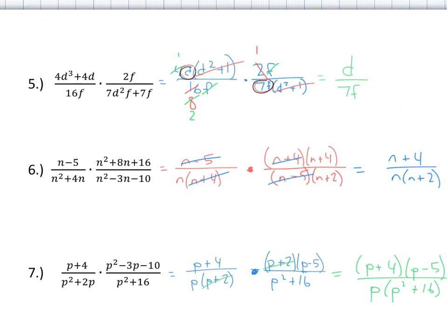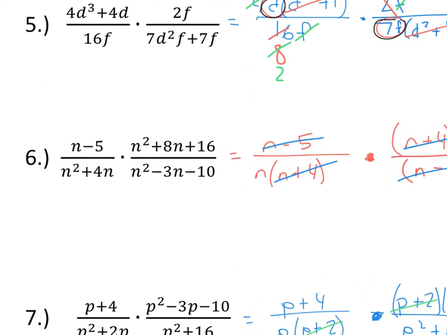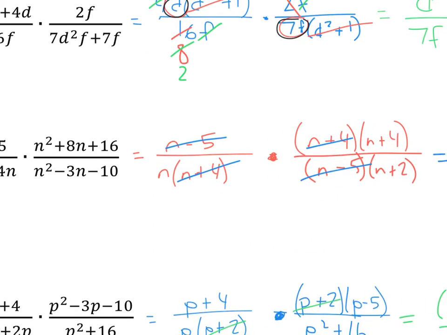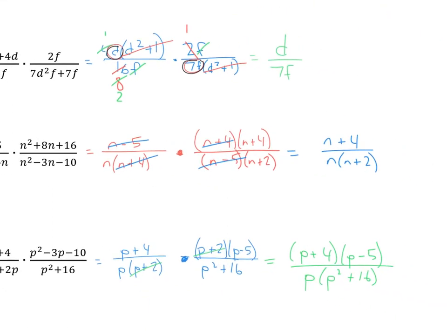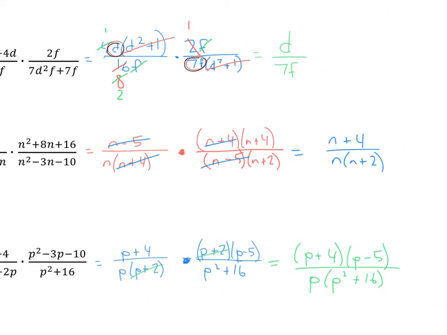Number 6, after I factor, the first part here, this n squared plus 4, I can pull an n out of, okay? And then I've got n squared plus 8n plus 16 comes to n plus 4 times n plus 4. So notice one of those n plus 4s can cancel here. The n squared minus 3n minus 10 factors out to n minus 5 times n plus 2. So that factors out the n minus 5. For a final answer, if we look at what's left, on top is n plus 4, on bottom is n